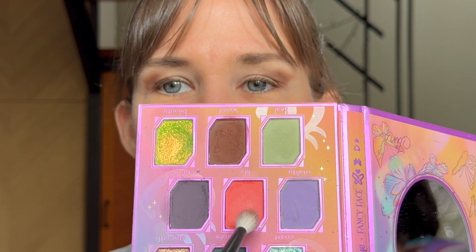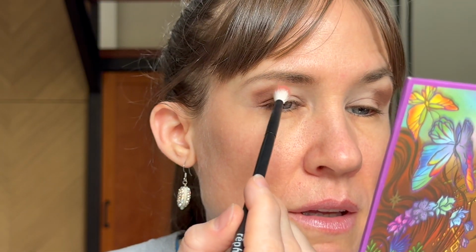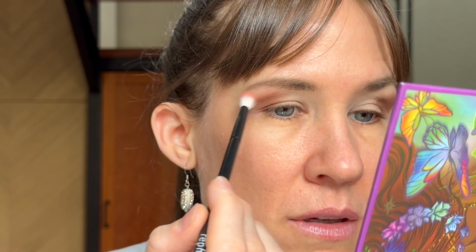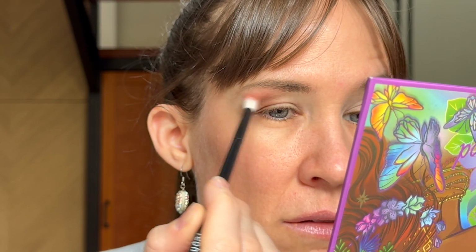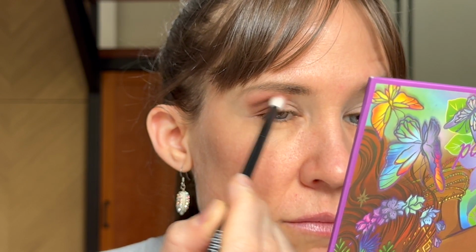All right, so taking this kind of corally shade called Life. With that same brush, actually. And I'm gonna take that above. I'm gonna kind of go with a light hand here. Really try to blend that. That's cute. Okay. And now on the other side,